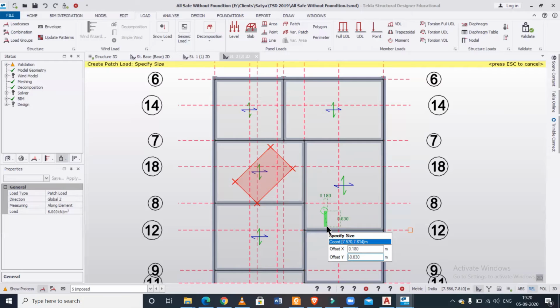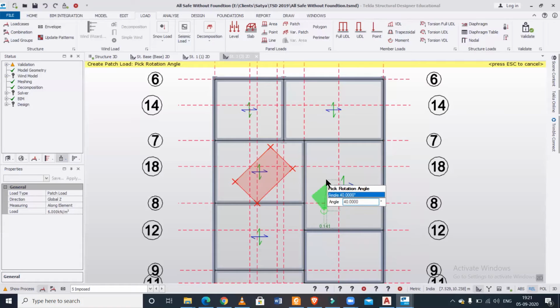Then it asks me to specify the size, so with F2 I specify the size, say 1 meter, and use Shift plus Tab and again 1 meter. So I have taken a patch of 1 meter by 1 meter, and I can click enter here, and then select the angle from here.